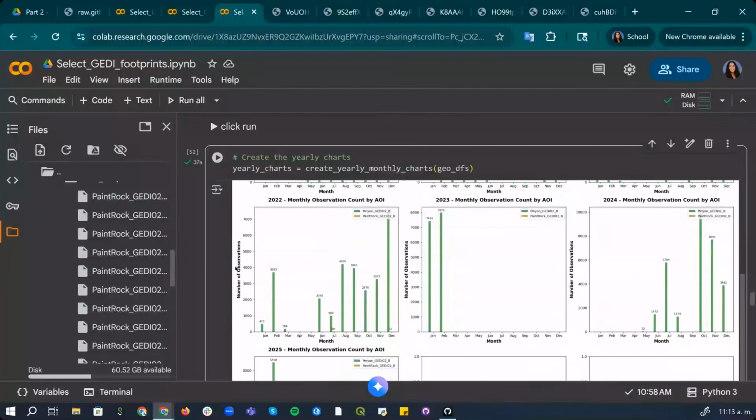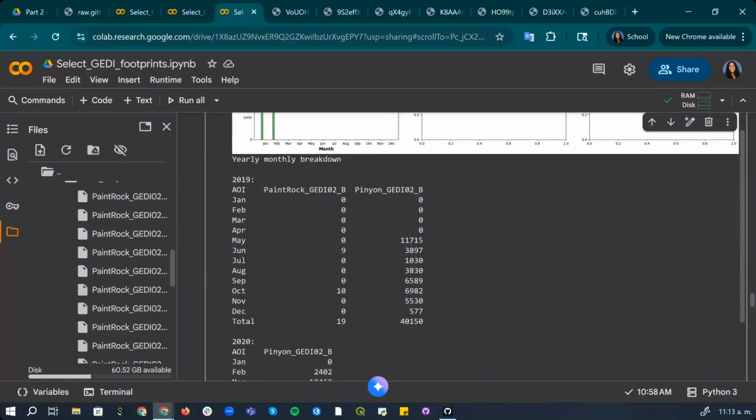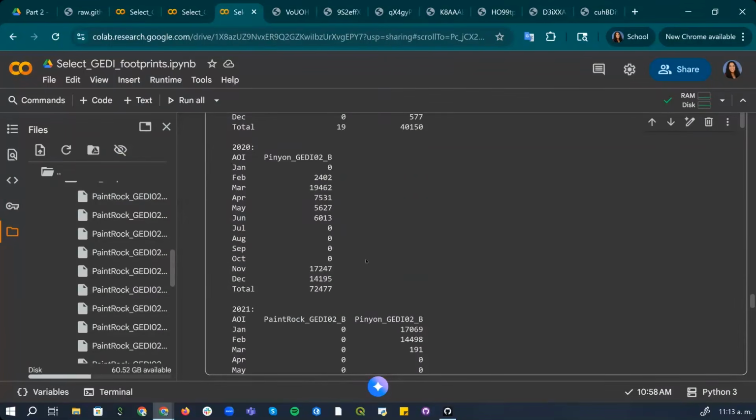So that's what this figure is doing. And then we get a nice other kind of descriptive comparison across those years to just help us understand. So if you're using it as training data, this could be really, really valuable for understanding the representativeness. Of course, this is total shots. This isn't even over individual land cover types. If you put a land cover mask, that could also greatly change the amount of available data,